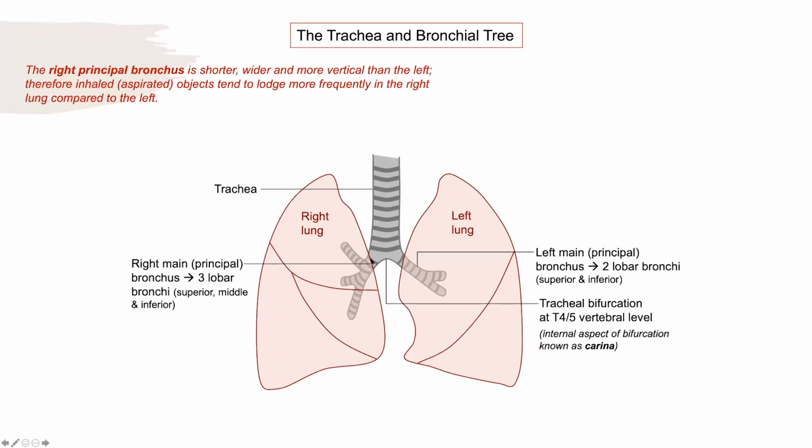Some people, those who have problems with their mental status, can inhale things like dentures, and they can fall down. When we are hunting for them, our first target is to look into the right side, because this is more susceptible and it's more aligned with the alignment of my trachea. That is an important part. We should not ignore that, and it's one of the favorite things to be asked.